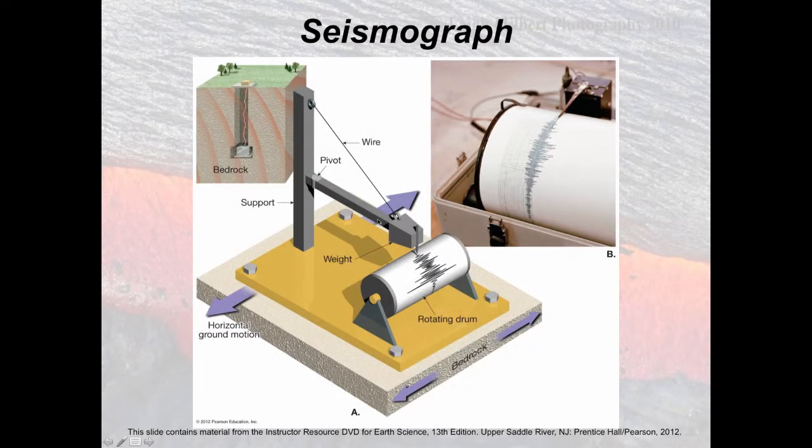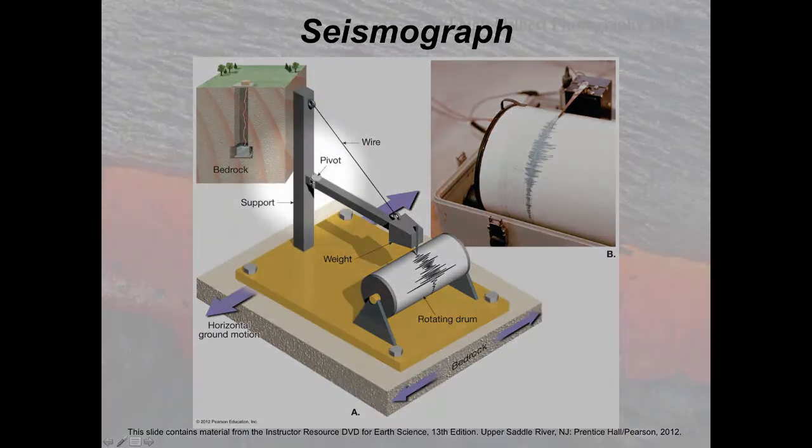And what it has is a small pen or a marker that is resting on a coil of paper. And when the earth starts to shake, this arm, which is freely suspended, will move back and forth in proportion to the direction of the shake as well as the amplitude of the shake. This is a real live picture, and you can see these small little lines up here. This drum continuously spins around, either once every 24 hours or once per hour, or whatever the drum is set up to spin.